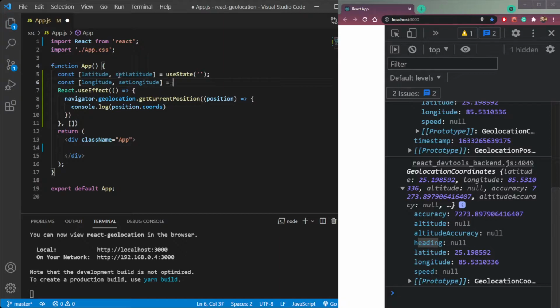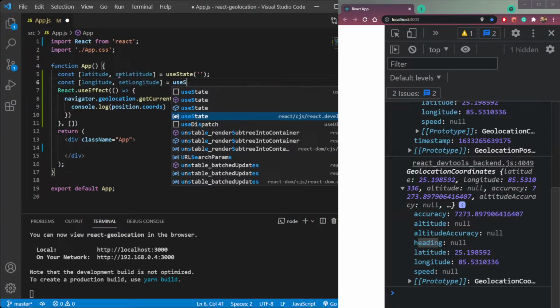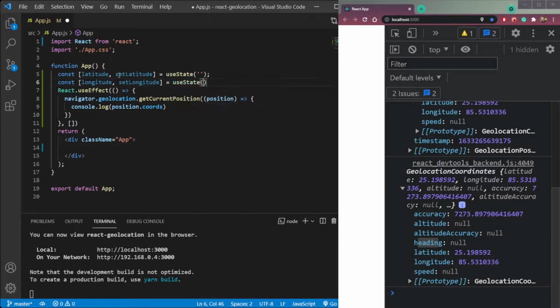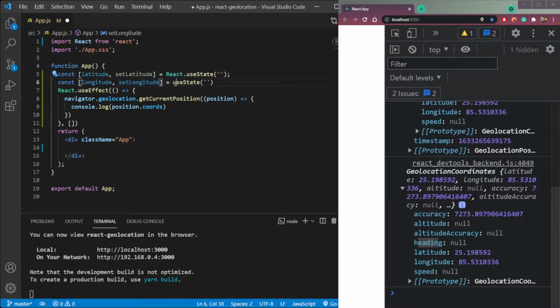I think the spelling is right. So useState again with an empty string, but we need to use React.useState because we are not importing it.